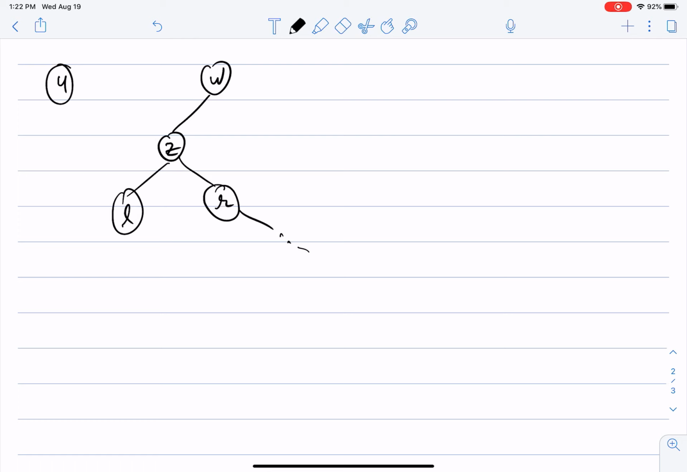Because if R doesn't have left, then R is the successor of Z. Think about it and make sure you are convinced of that. If R doesn't have left child, then R must be the successor of Z. So since we are talking about a case where R is not the successor of Z, then R must have some subtree,